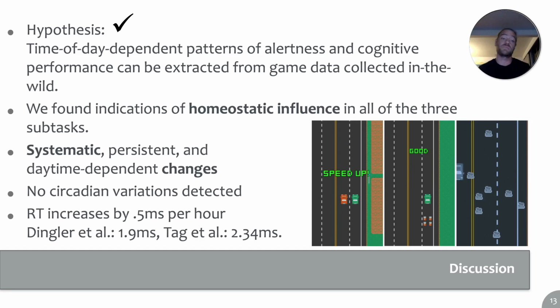And so the reaction time increased by 0.5 milliseconds per hour. And to put that into perspective, in our previous experiments, we had a 1.9 milliseconds increase per hour, but that was under more controlled conditions, really, as you had the tasks that were really close to the original. So now with the game dynamics on top, we do see more noise in the data, and so therefore also more variations in reaction.